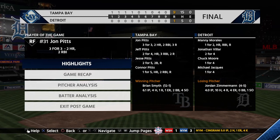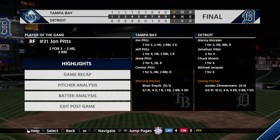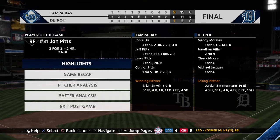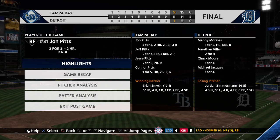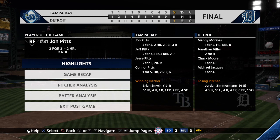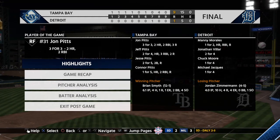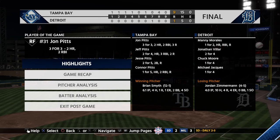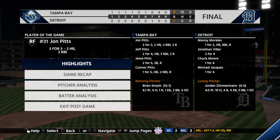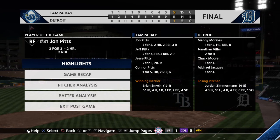The final line score for our ball game tonight. For the victorious Rays, 9 runs on 15 hits. No errors. They left 7 men on base. For the Tigers, 1 run, 5 hits. No errors. They left 6 men on base. Time of the ball game, 3 hours and 14 minutes. Tonight's paid attendance at Comerica Park, a sellout of 40,000. The Tigers thank you for attending tonight's